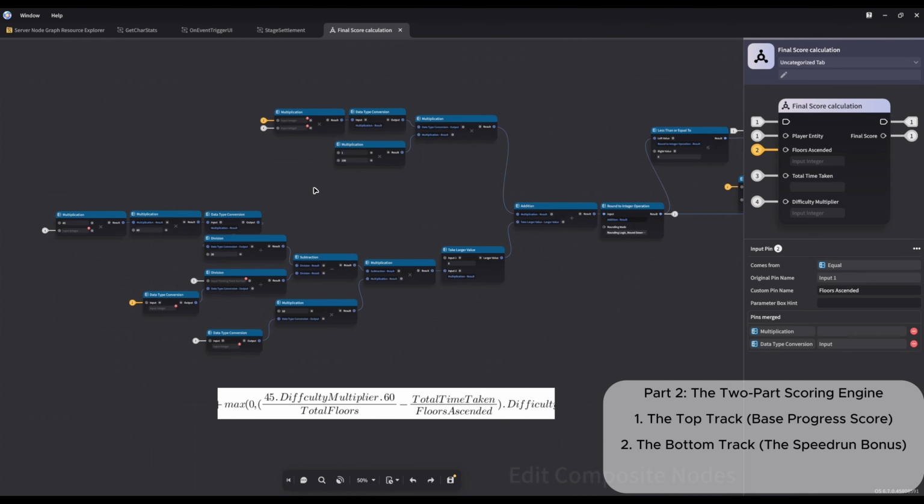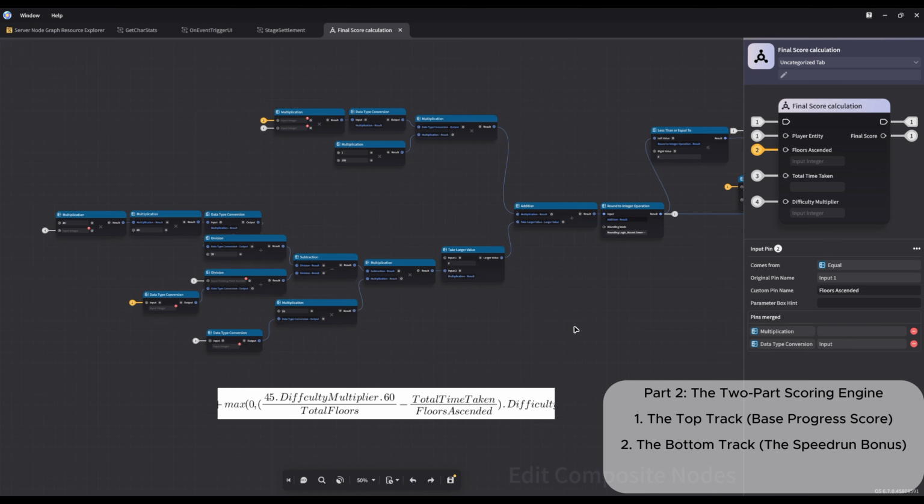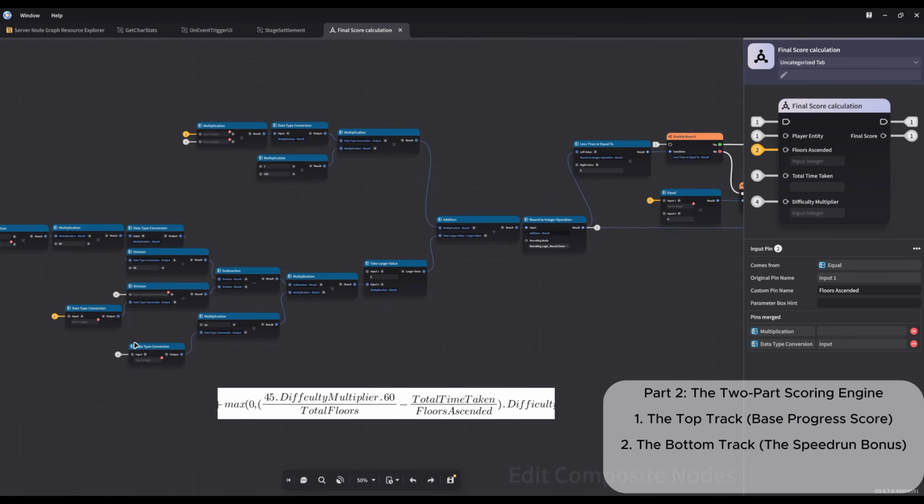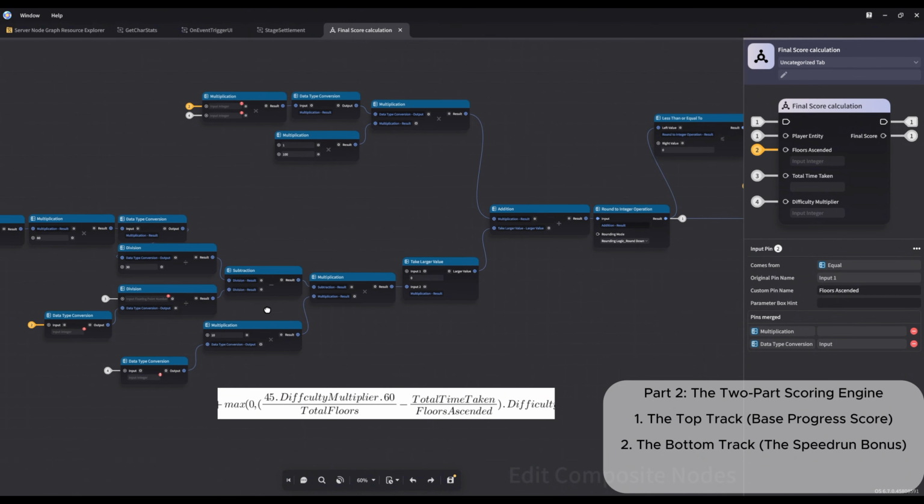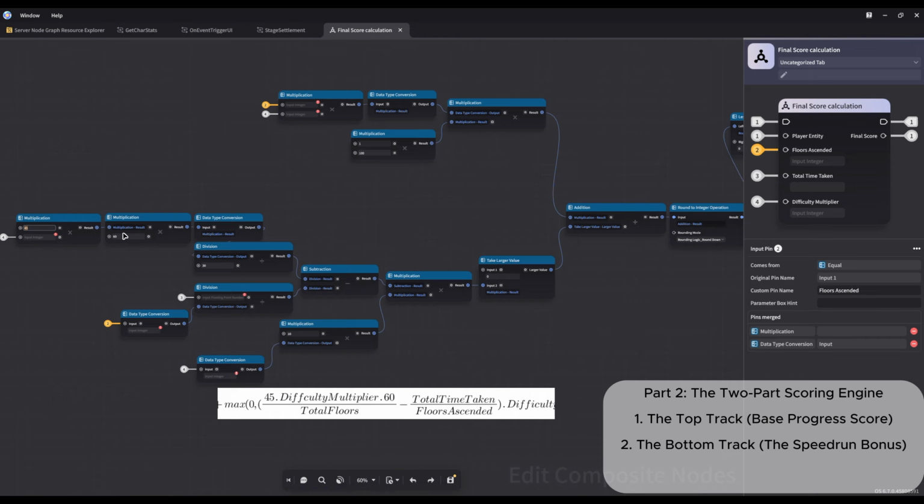2. The bottom track, the speedrun bonus. This track rewards true mastery by calculating an efficiency bonus, but includes safety clamps so slow players are never penalized. The target par, it calculates a dynamic target time per floor based on the difficulty tier, 45 * difficulty / 60, total floors. The actual pace, it divides total time taken by floors ascended to find the player's true average time